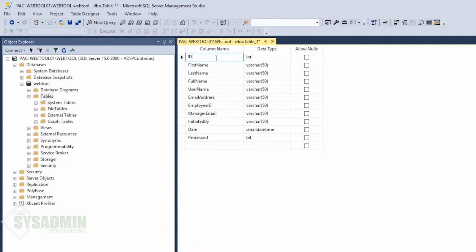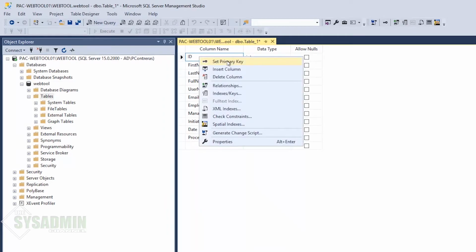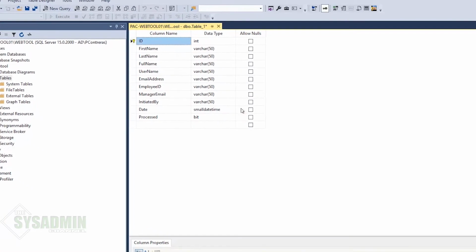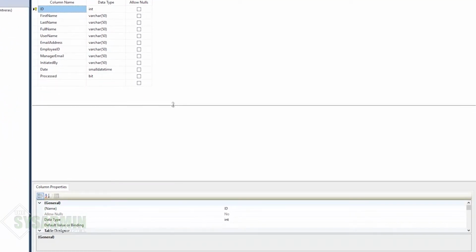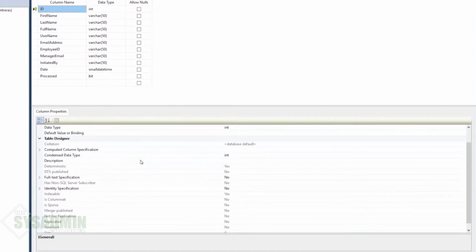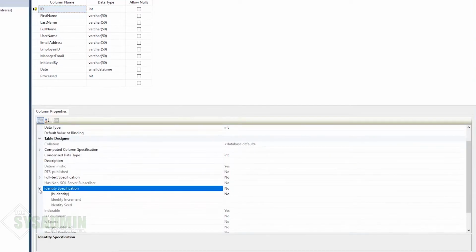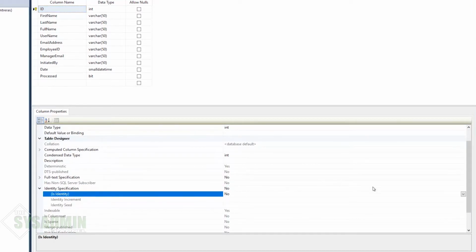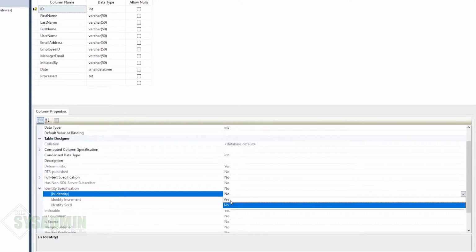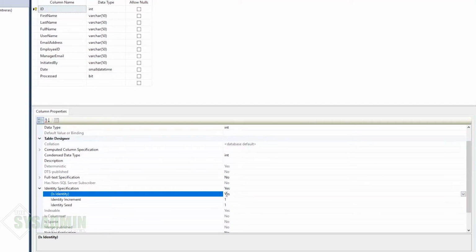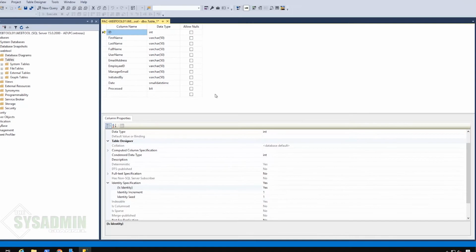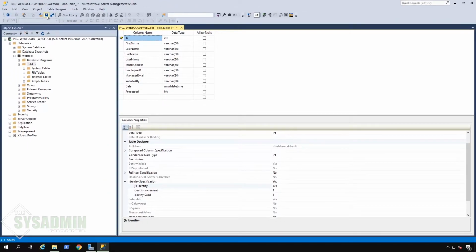All right, and as I mentioned, the ID field is going to be set as the primary key. This is going to be auto incremented as well. So we'll go ahead and expand this field on the bottom and then expand identity specification and is identity, and we'll go ahead and set that to yes. It is going to be auto incremented once that setting is set to yes, and we'll go ahead and save